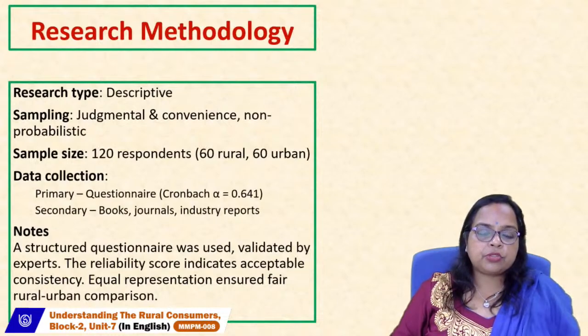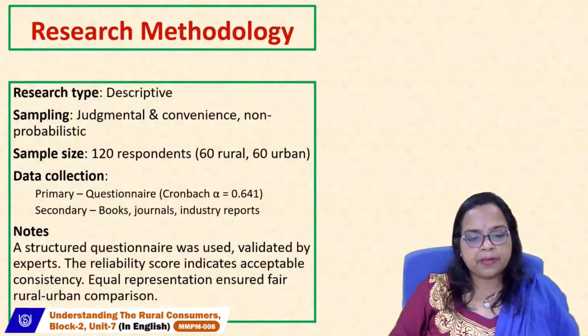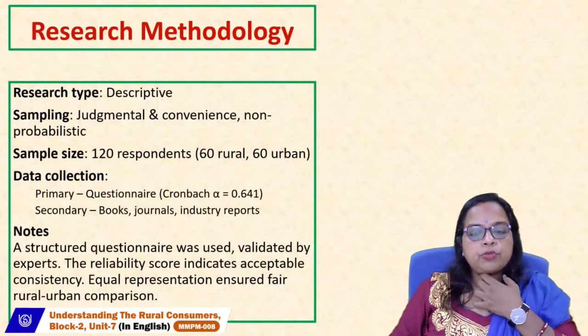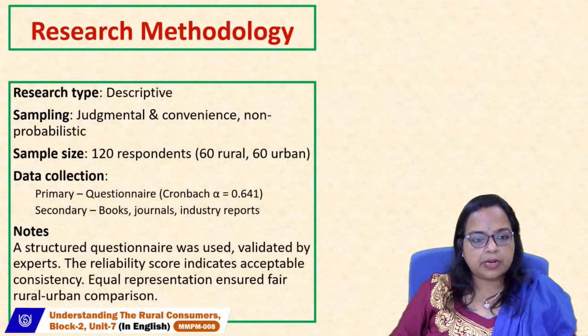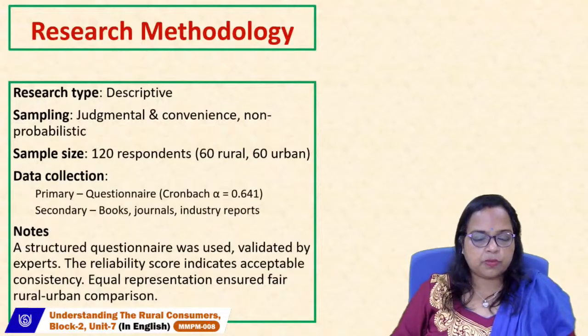So how are you going to choose the sample for this? This may be your judgmental sampling process or convenience sampling process. Being a researcher, you can choose the person who can better answer your questions. That becomes your judgmental sampling. For example, if a person has been using a mobile handset for the last 3 years, your judgment tells you that he can be the best respondent to answer your question.